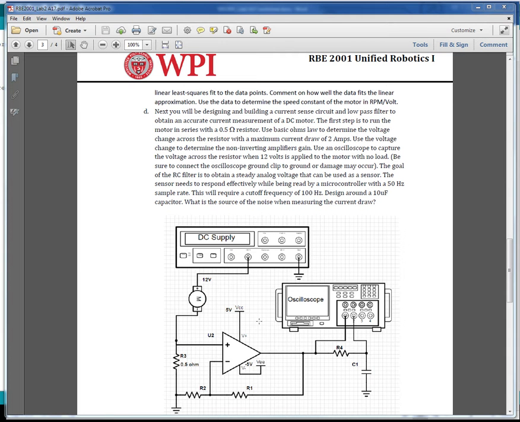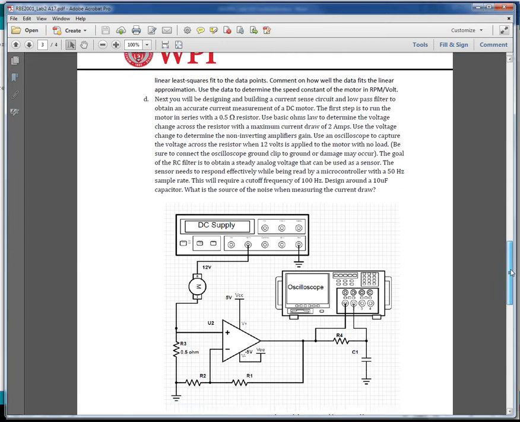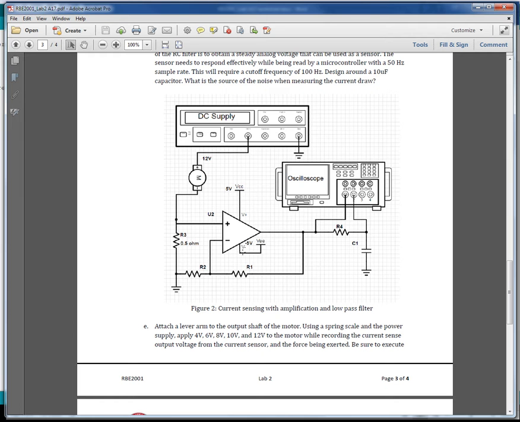There's a couple of things to be careful of here. And one of them is you'll notice that the rails on the op amp are set to -5 volts and 5 volts. So here's the problem. If you're trying to measure a low voltage, you may remember from the slides in class,